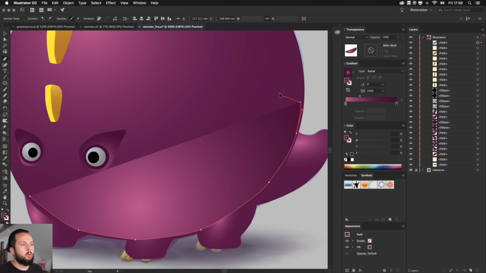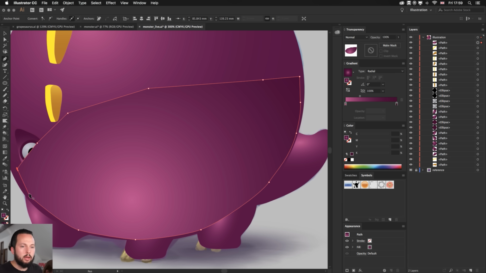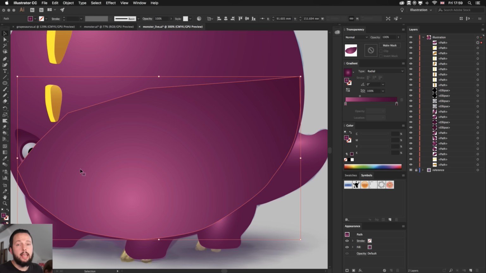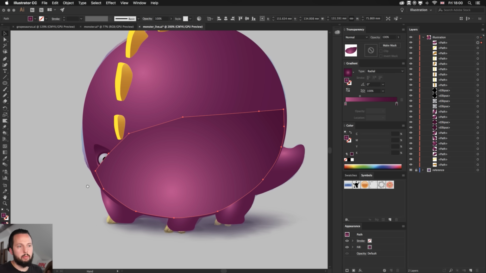Okay, so I am going to draw this shape. Let me just think. I can actually draw it quite big, something like that for now. I can always refine this later. By the way, this can even be a duplicate of the original shape and then just apply the mesh on that. But sometimes I would just use a shape like this.